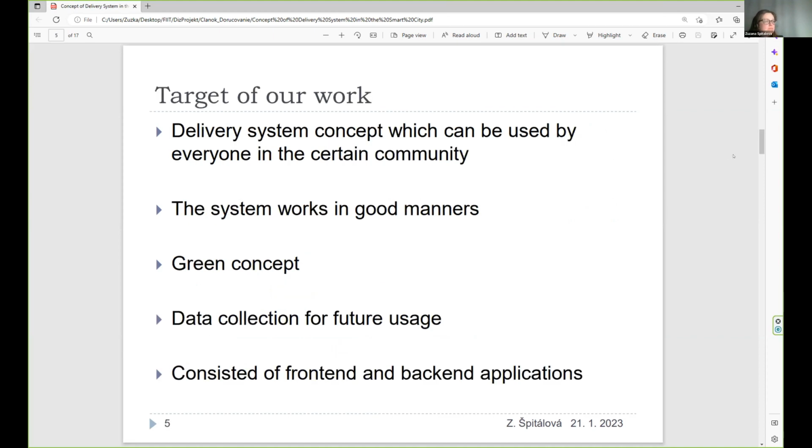Here on this slide, I have the target of our work. The target of our work was the delivery system. The main idea is a shared delivery system in case of the same direction of the delivered parcel and the traveling person. So everyone in this community can participate in the delivery process.